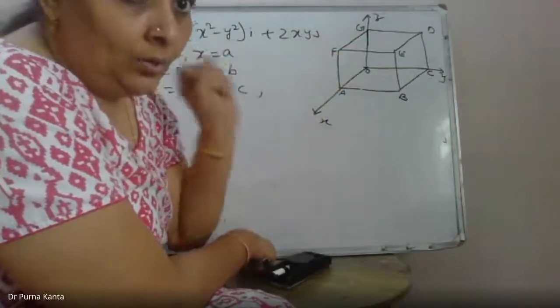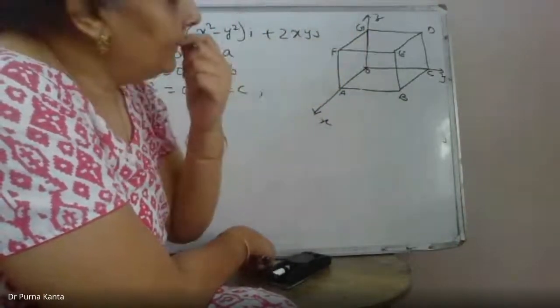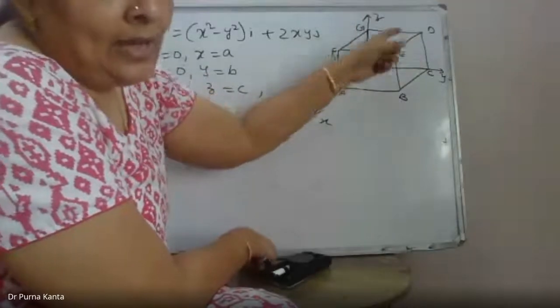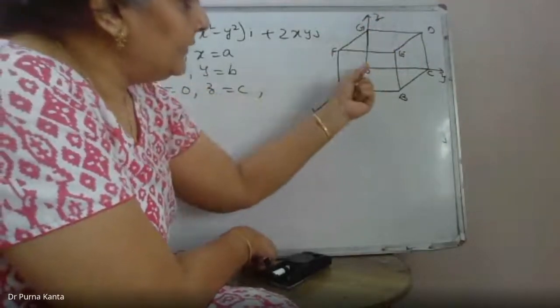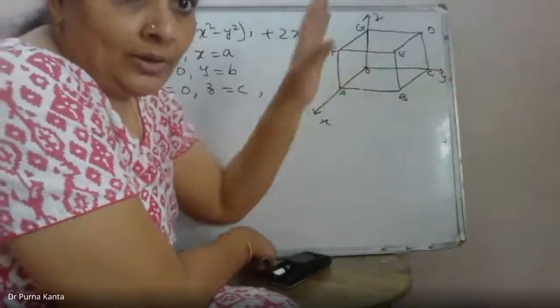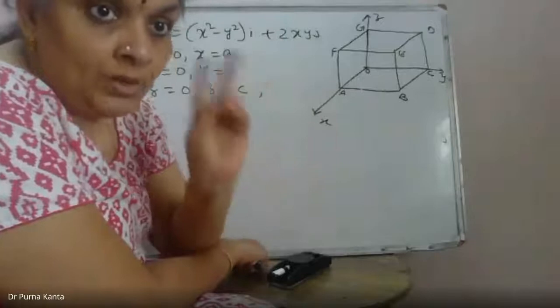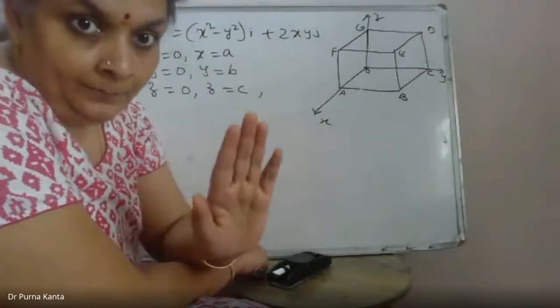Clear? Now, what will be the face on the z-axis here? FGDE is the face we have. Actually, this is the only face we have. The z is equal to 0 face, which is OABC, is removed. So that face is cut. So we have altogether 5 faces: 2 on x, 2 on y, 1 on z. Is it clear now, all the 6 faces here?